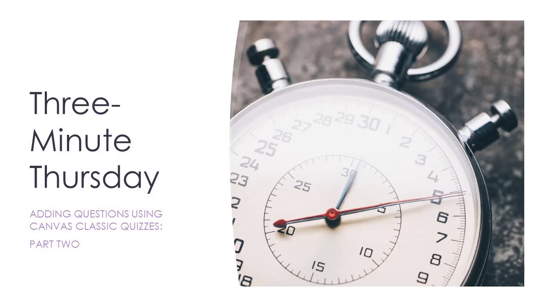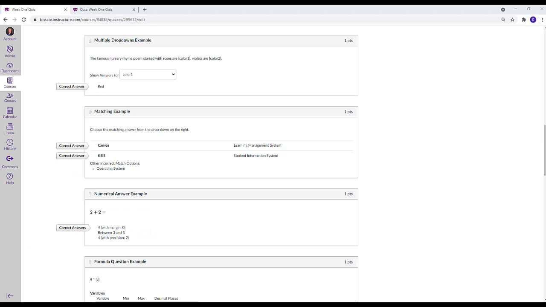In the first, I went through the Canvas Classic quiz details. In the second video, I went through the first half of the quiz question types. Today, I'm going to finish going through those remaining question types. Also, in the interest of time, I wrote example questions in advance and will be jumping between the same quiz and edit mode in the quiz preview. Today we will skip down to matching questions.